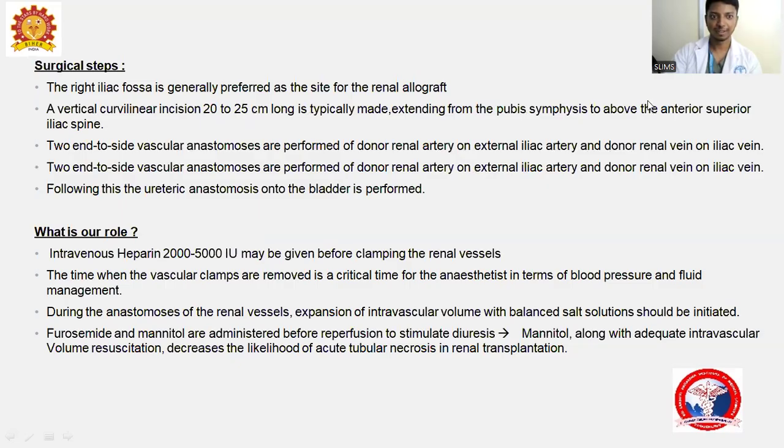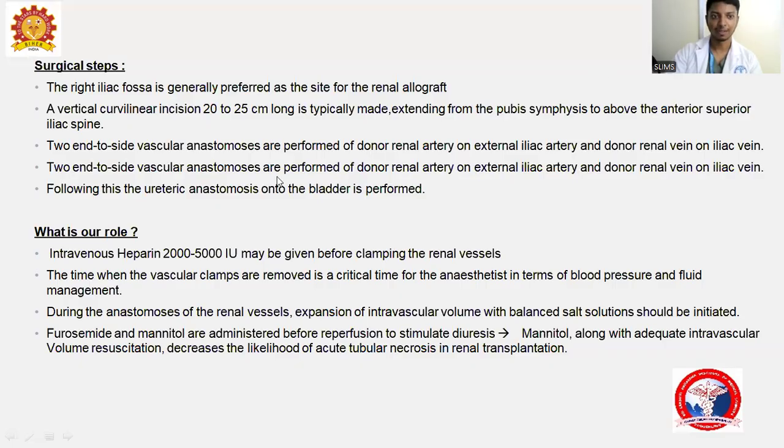Surgical steps. Usually, the right iliac fossa is generally preferred as a site for renal allograft. A vertical curvilinear incision of 20 to 25 centimeters long is typically made, extending from the pubic symphysis to the anterior superior iliac spine. Two end-to-side vascular anastomoses are performed: donor renal artery to external iliac artery,